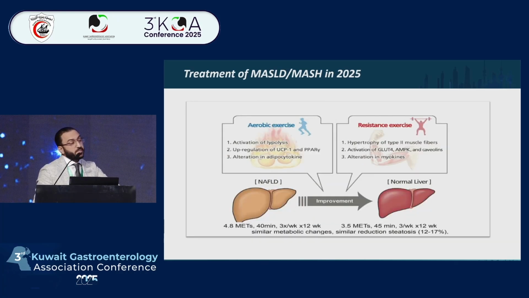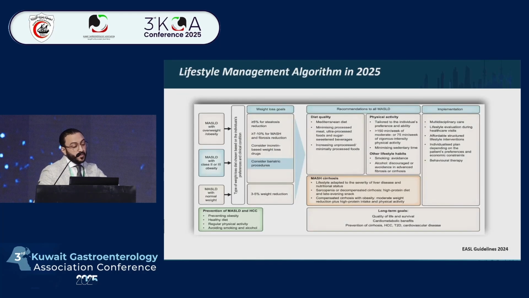In terms of exercise, as I said, the most studied are aerobic exercise and resistance exercise. We advise to do at least 5 times per week, 30 minutes in each session. This has been clearly shown: a weight loss of 10% can reverse fibrosis in up to 80% of our patients. So the recommendation in the international guideline 2024, just to summarize it, on the left, patients